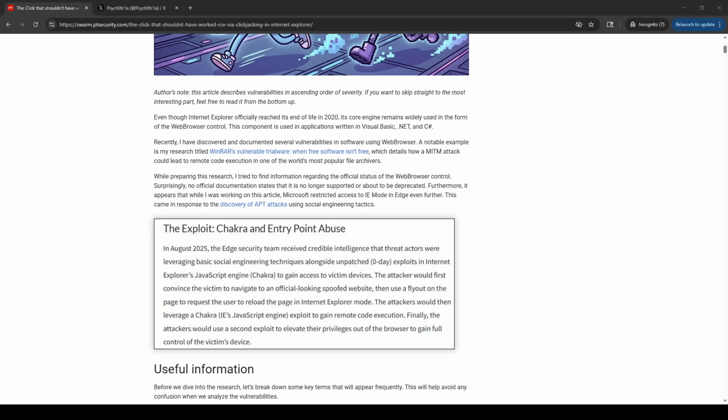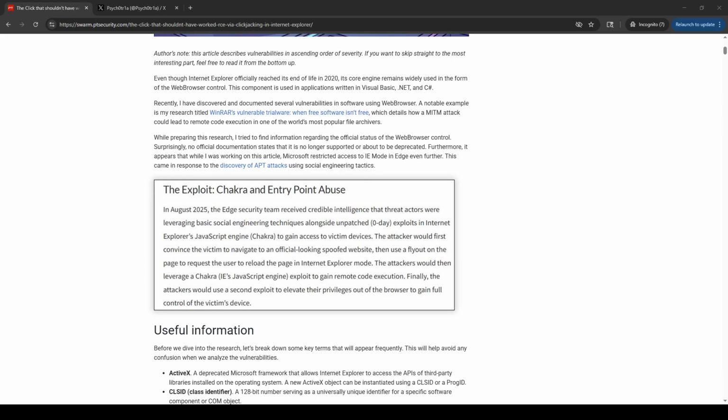Recently, I have discovered and documented several vulnerabilities in software using the web browser control. A notable example is my research titled "Winterize Vulnerable Trialware When Free Software Isn't Free," which details how an MITM attack could lead to remote code execution in one of the world's most popular file archivers. Yeah, believe it. While preparing this research, I tried to find information regarding the official status of the web browser